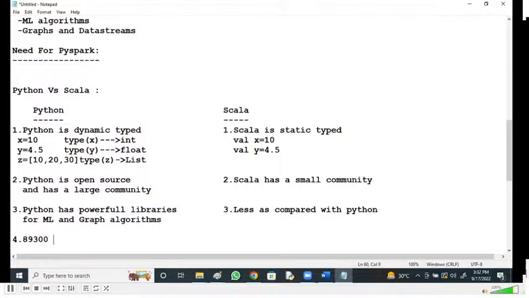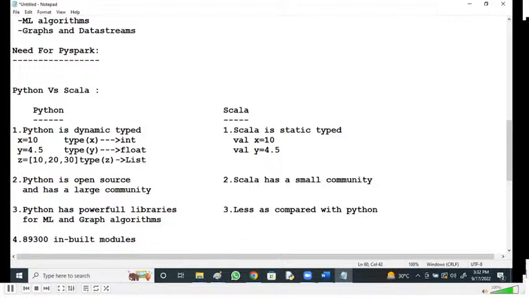Python has got 89,000 inbuilt modules for various domains, right? Python has got modules for various domains.